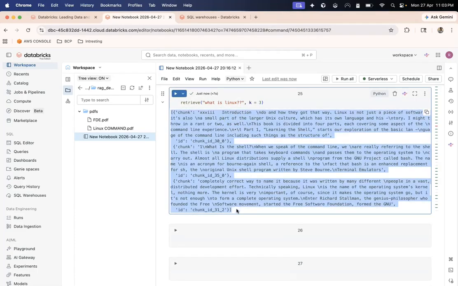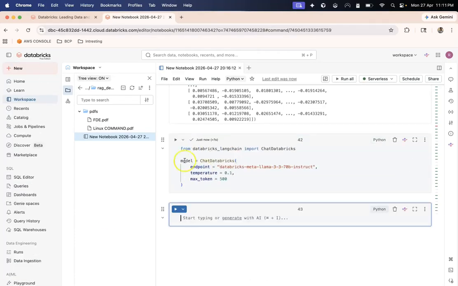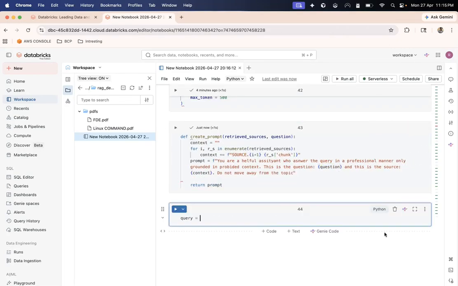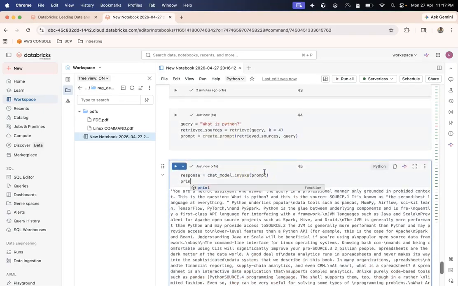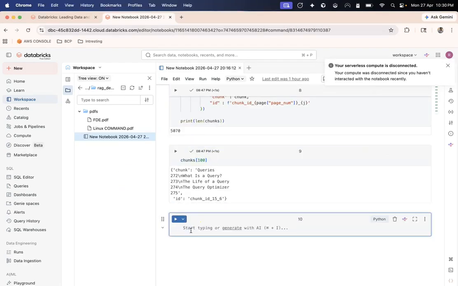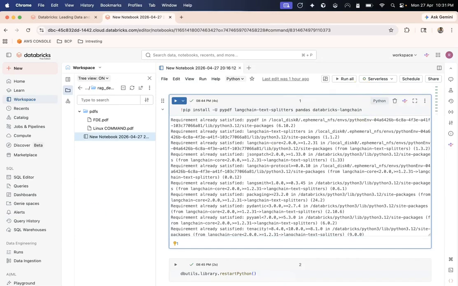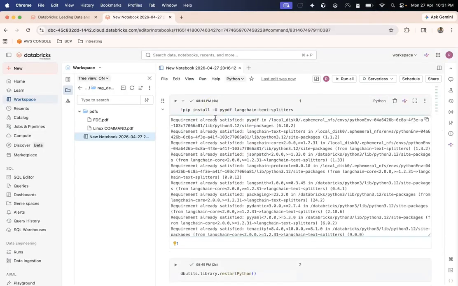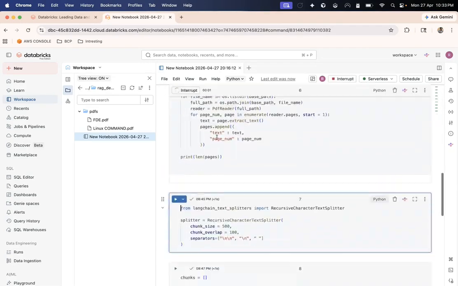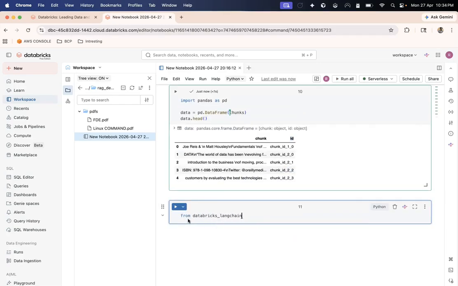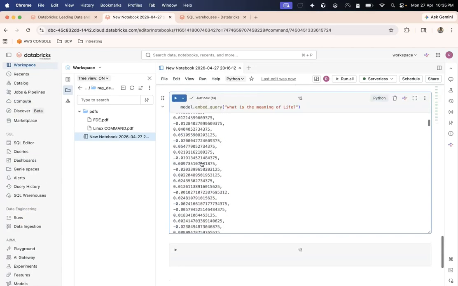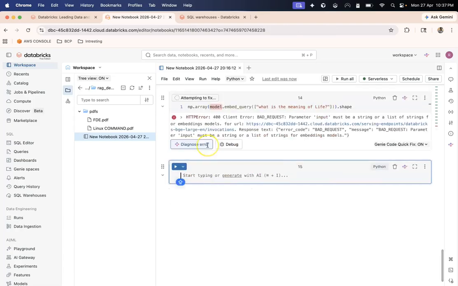I wanted to build a complete RAG pipeline on Databricks from scratch, step by step, in a way where you can actually see every moving part. We will start with something very simple, a few PDF files. Then we will upload those PDFs inside Databricks, extract the text page by page, break that text into smaller chunks, convert those chunks into embeddings, and then build our own retrieval logic using vector similarity. After that, we will connect the retrieved chunks with a Databricks hosted language model and finally generate answers that are grounded in the PDF content.